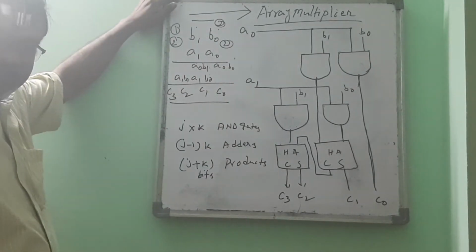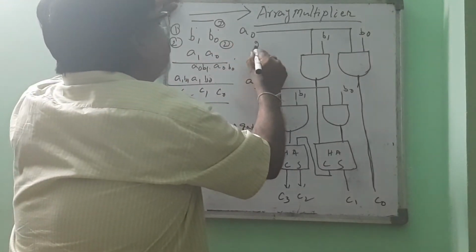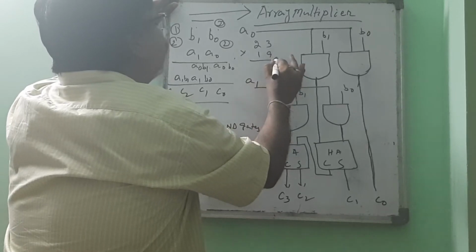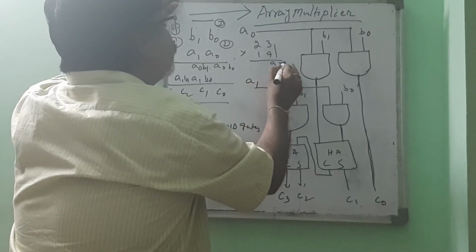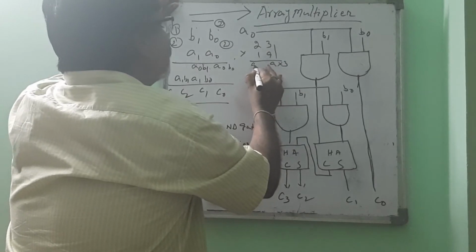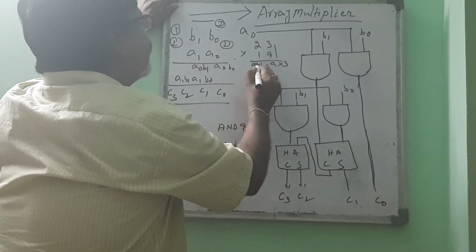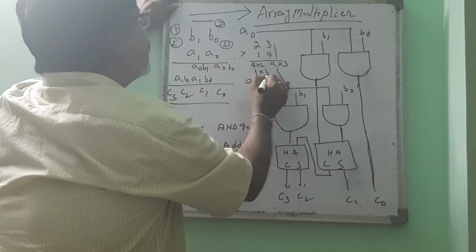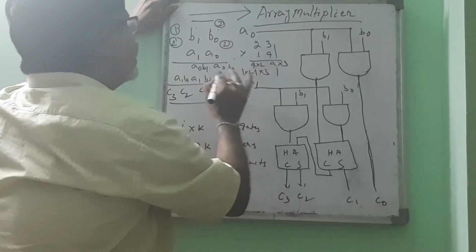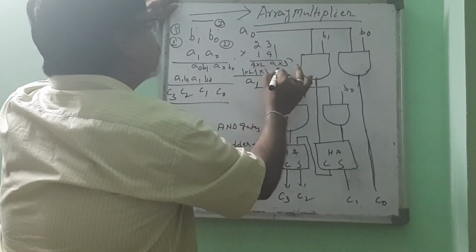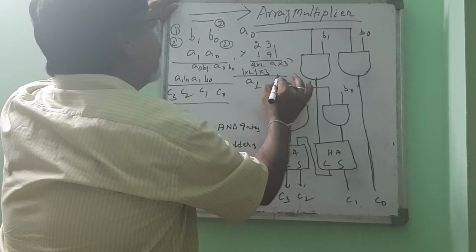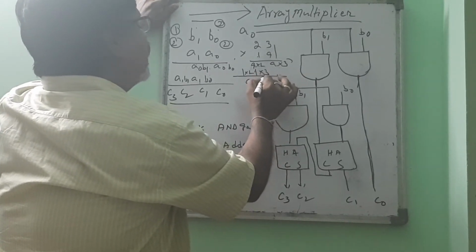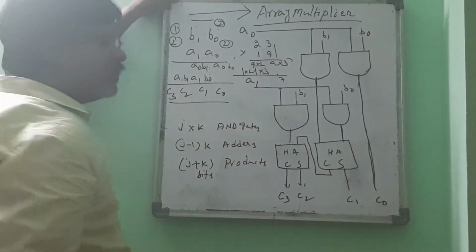Generally, we have discussed the ordinary multiplication, for example 23 into 19. We will perform 9 into 3 here, and we will write 9 into 2 here. Okay, and then we will not do anything in this place. So 1 into 3 we will write here, 1 into 2 we will write here. So later this will be written 27 like this, 7, and then 2 will be carried here, and then these two will be multiplied. Like this we will perform.